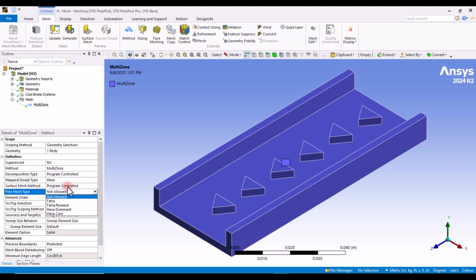So it defines what element type to use in the non-sweepable leftover regions. For now, we do not have any leftover regions, and we could successfully create that. For any complex object that may have some leftover regions, this can help you. By using Not Allowed, which is the default one, we somehow